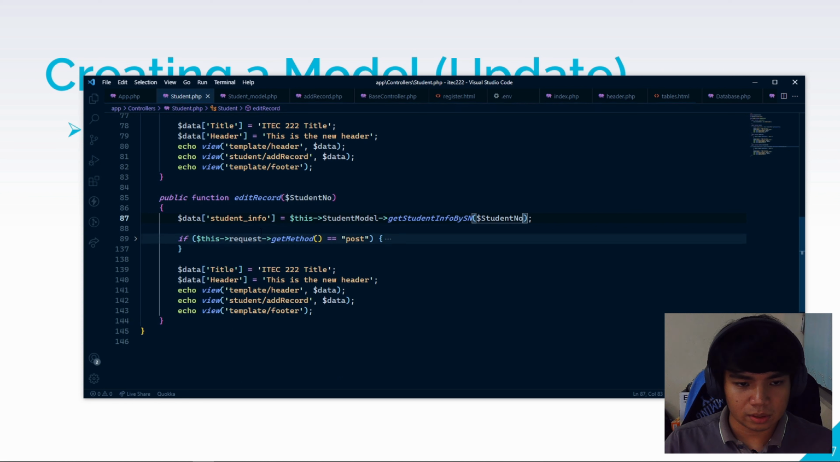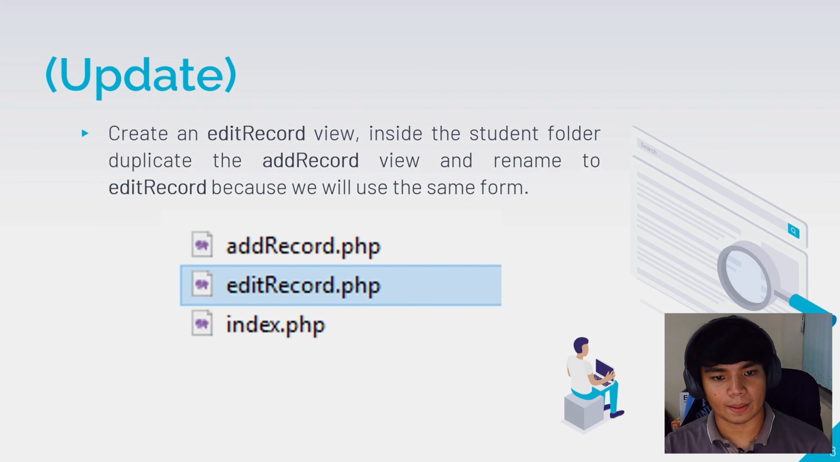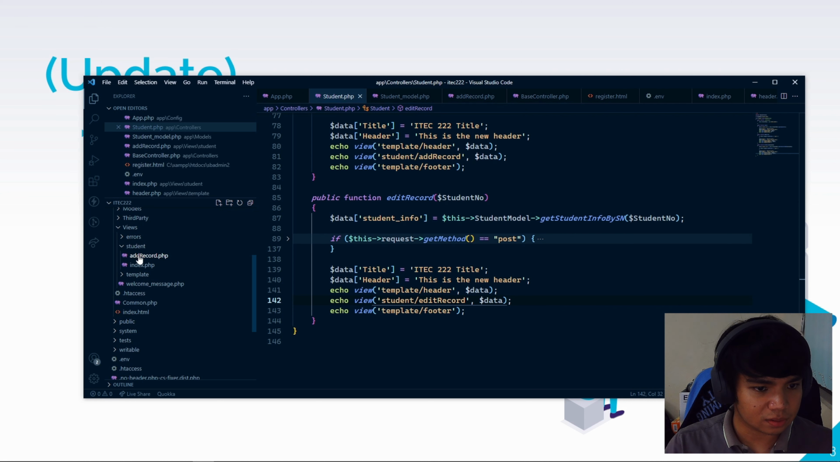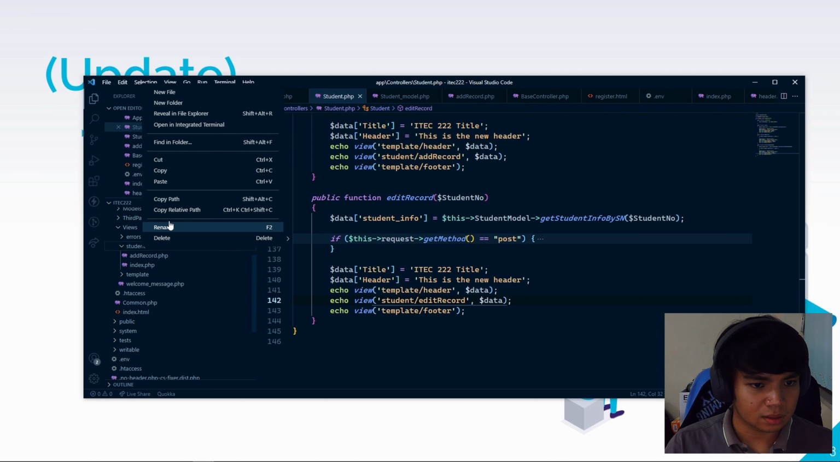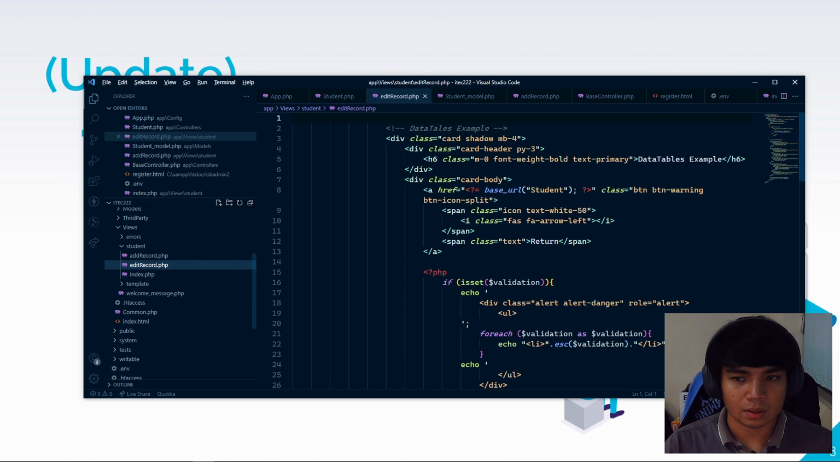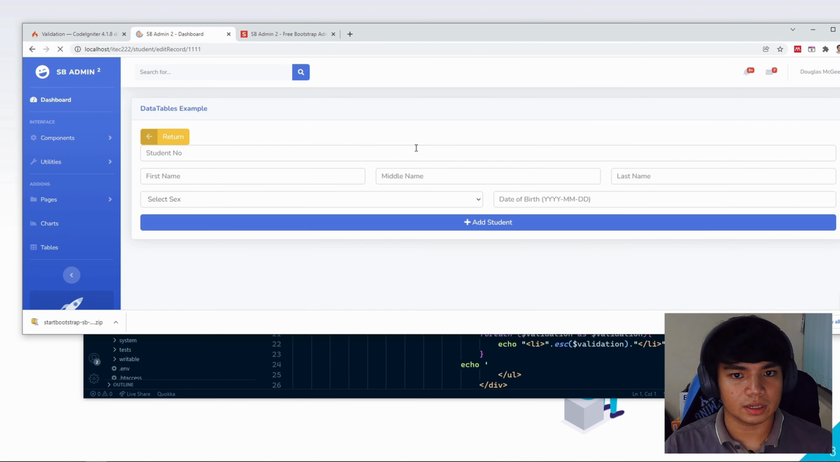Okay, let's go back here. And instead of add record, change this to edit record. Okay, we can just copy the add record. Copy, paste, rename this edit record, then refresh here, but it's still not displaying the